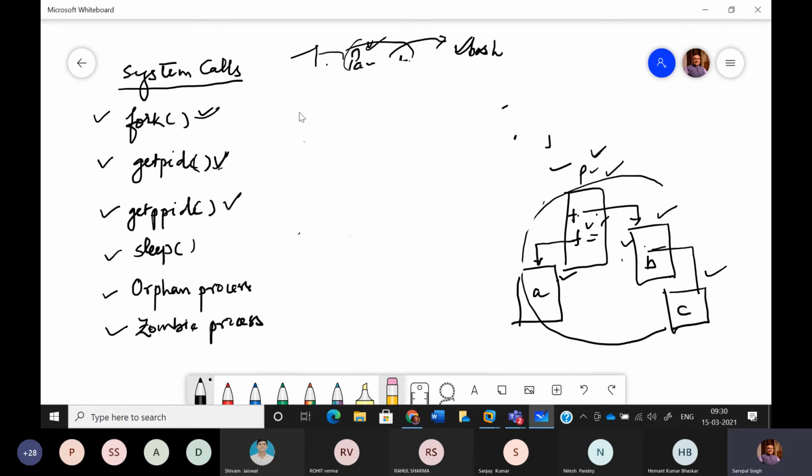I just explained that we may be writing a C program, and at some point in that program I make use of the fork system call.